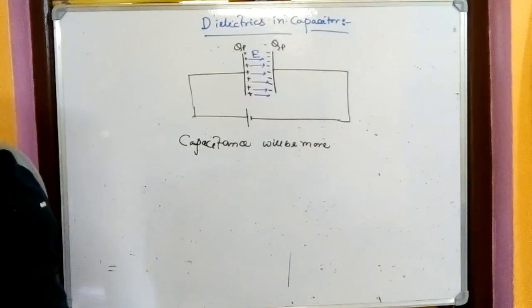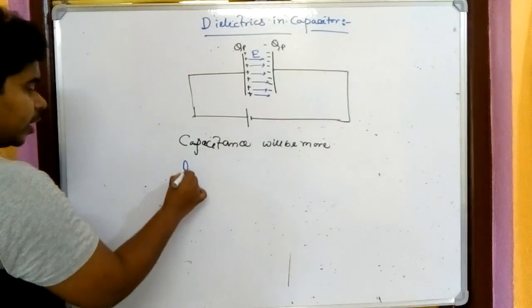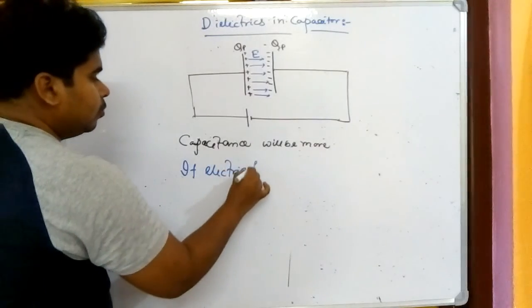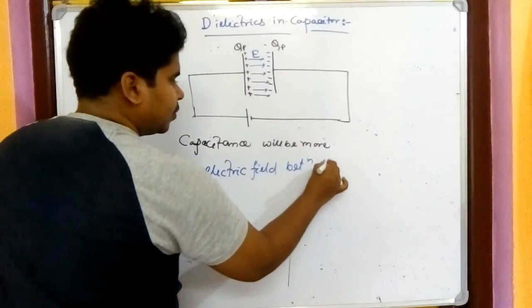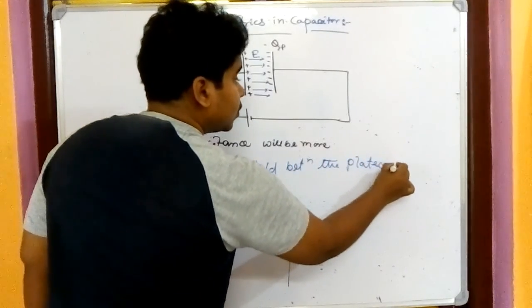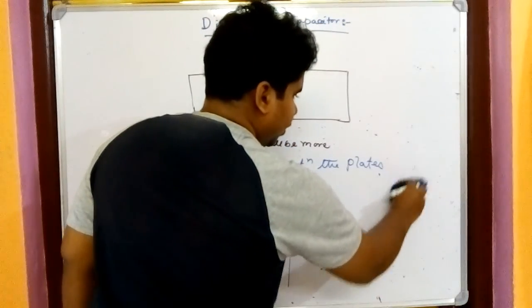Then you may ask, sir, if the electric field is strong, what is the problem? The problem is that if the electric field between the plates is strong,